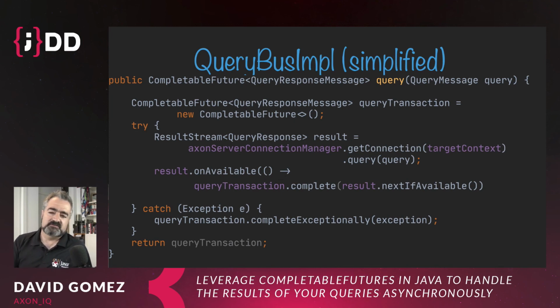Our Action Server Connection Manager is already implementing some kind of asynchronous work. So the result that it is going to retrieve will give us a callable when the data is available. And in that callable, we are going to mark the transaction as complete, so that we are in fact returning the query transaction, the CompletableFuture, even before we have run the query against the server. So that means that our users will be able to get the most of our queries. They will be able to compose